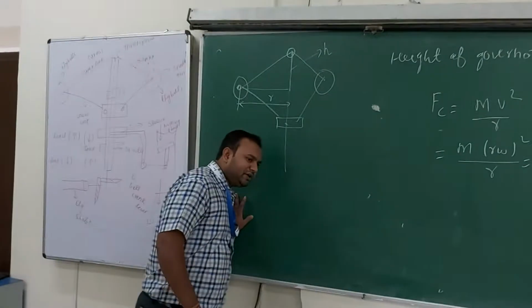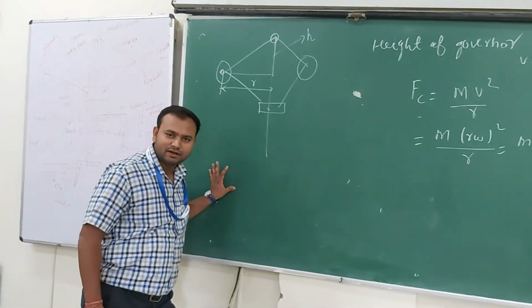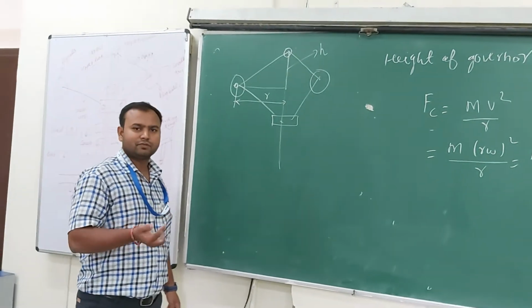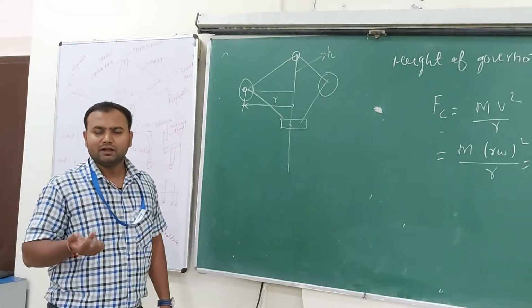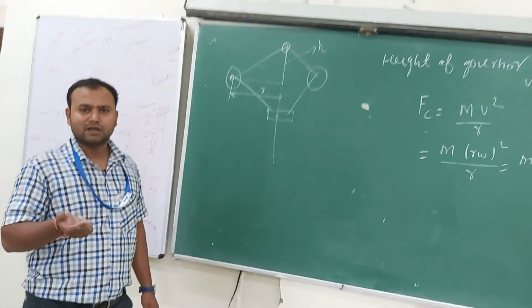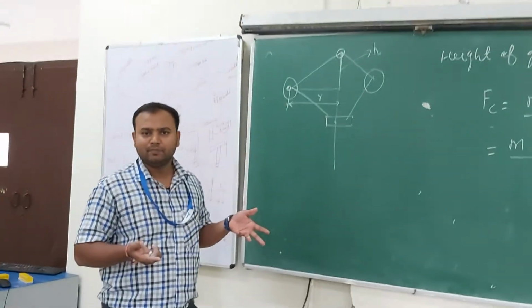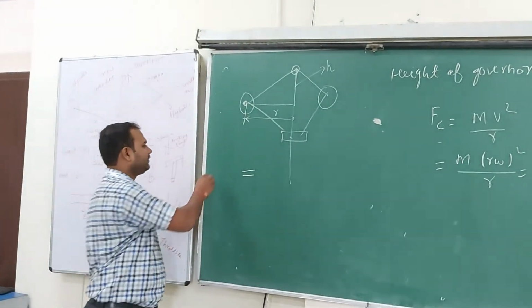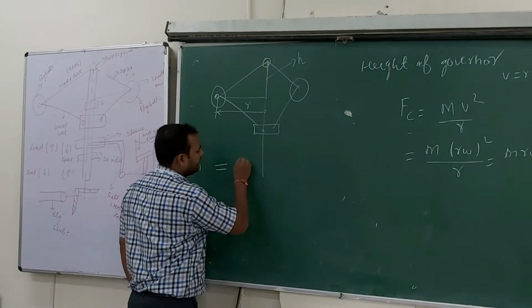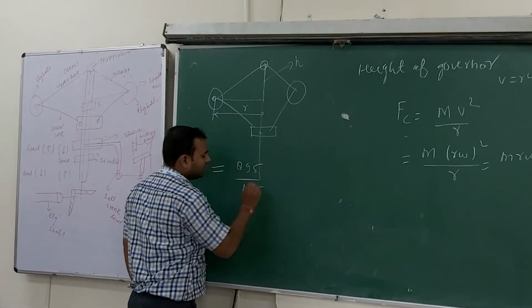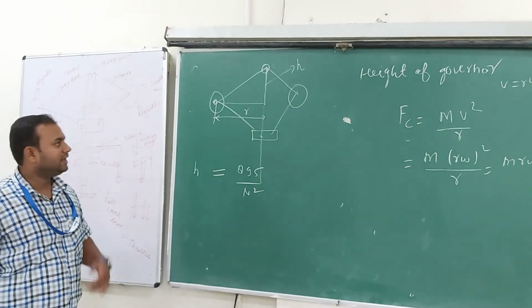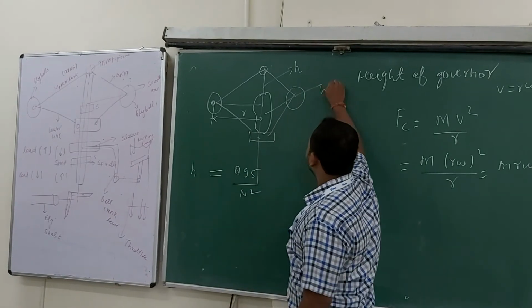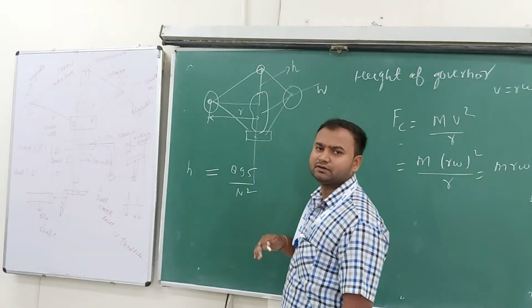The basic difference between the Watt governor and the loaded governors is that in the Watt governor we don't use any kind of sleeve. We assume the mass of the sleeve, diagonals and upper and lower arms is negligible, and we derive a mathematical formula for the height of a governor. When we use a Porter governor, we attach a central load on the sleeve.